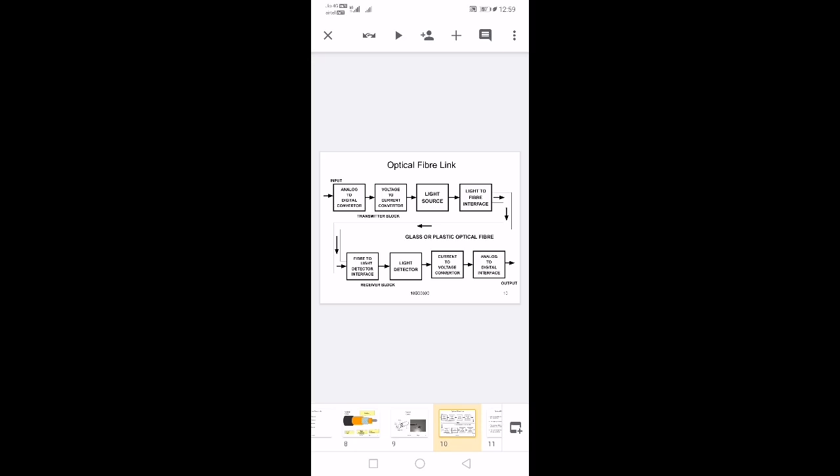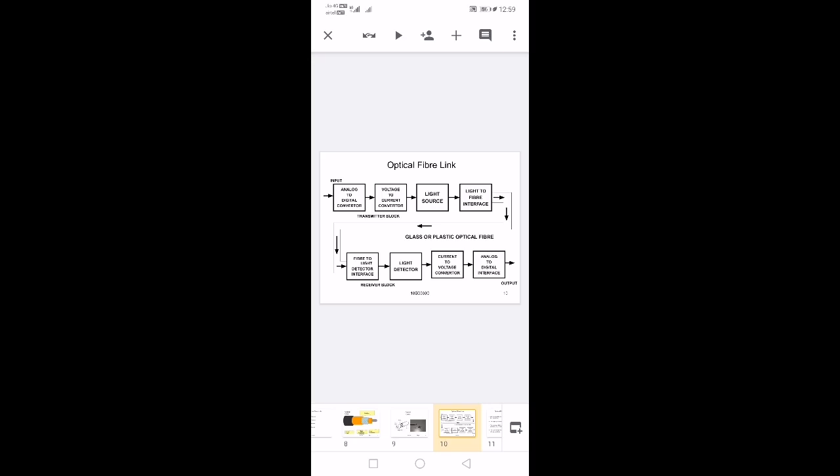In this case, that electrical or electromagnetic signal has to be converted into a light signal. For that we will have the input, whatever the real time inputs are, converted into digital, mostly digital voltages. That voltage will be converted into current that is detected by your light source. The light source will convert the current into light.